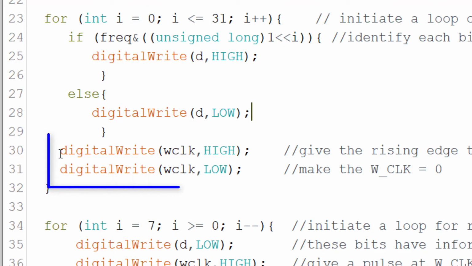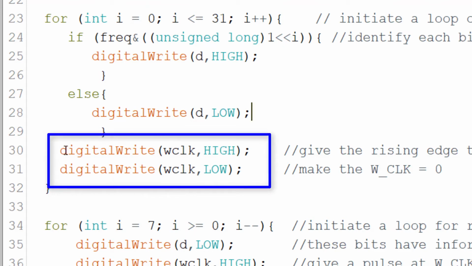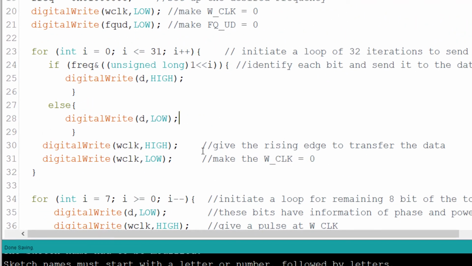After that you have got the digital write clock, W clock high. So it was low, here we have made it low, now we are making it high, so giving the rising edge to transfer the data.